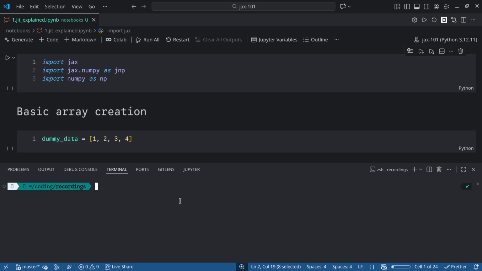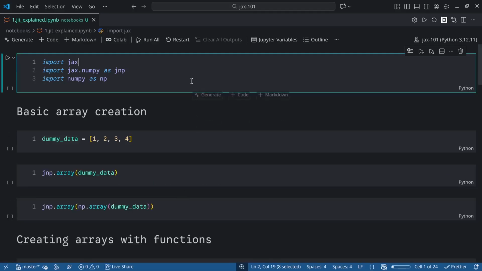But it's the same thing. You could still use pip and then pip install jax, or if you want the additional CUDA capabilities, jax[cuda12] or cuda13 if you are using the latest NVIDIA GPUs, or if you are working with TPUs, jax[tpu], and that's it. Now, after installing the required libraries, you can import the main jax module, the jax.numpy module as jnp,